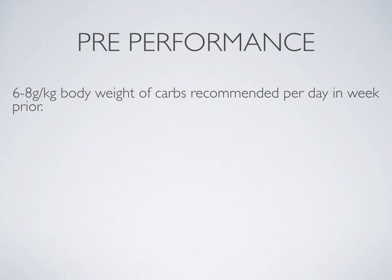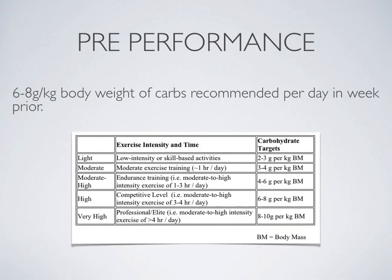6 to 8 grams per kilogram of body weight of carbohydrates is recommended per day in the week prior. This is to help the body to be able to produce energy when they are undertaking intense physical activity. And you can see in the table that as physical activity increases, the recommended level of carbohydrates also increases. And you can see that at moderate to high intensity, such as endurance training, 4 to 6 grams per kilogram of body mass is recommended. As the intensity increases to high and very high, you can see that up to 8 grams per kilogram of